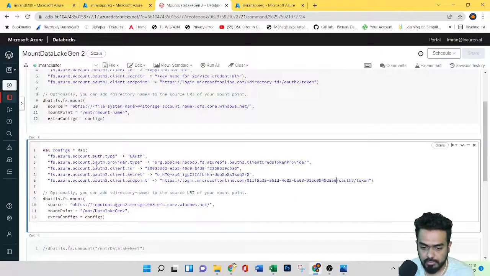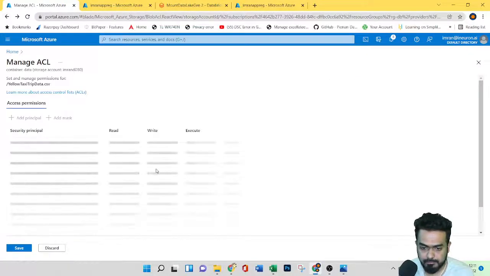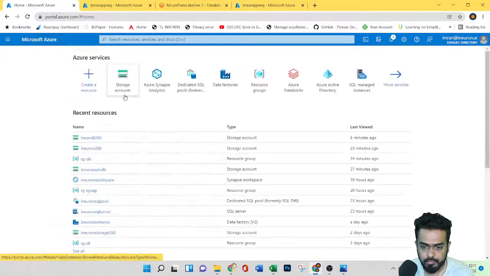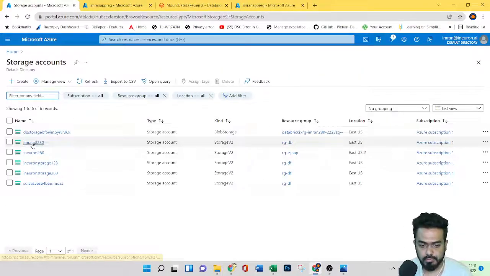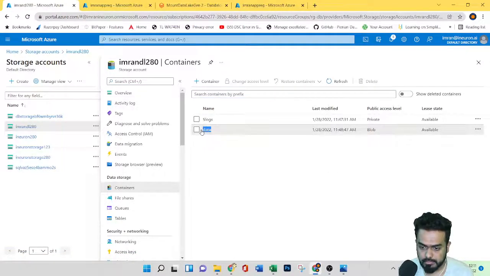You can optionally add a directory name to the source URI of your mount point. Here first I need to provide the file system name, and my file system name is data.